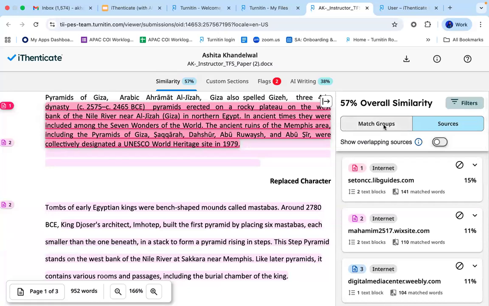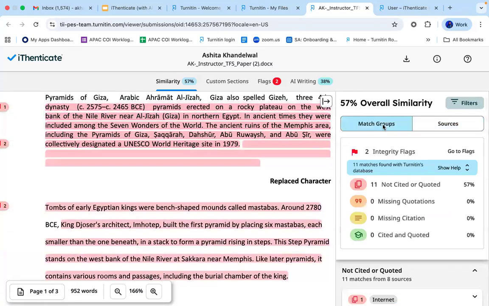Now, when you click on this match group section, it will show you the entire similarity text in 4 color coded groups. As I told you in the beginning in my slide, these color coded groups will help you identify plagiarism very quickly, and also find what changes you have to make in your paper.